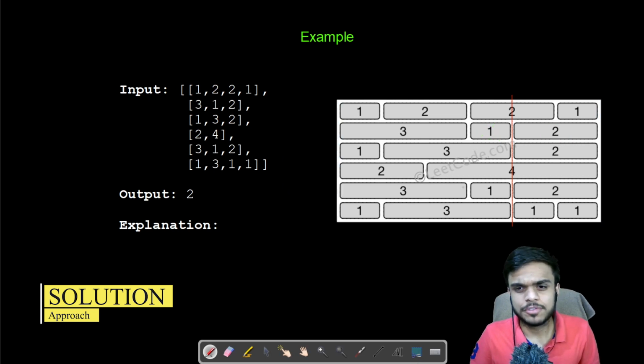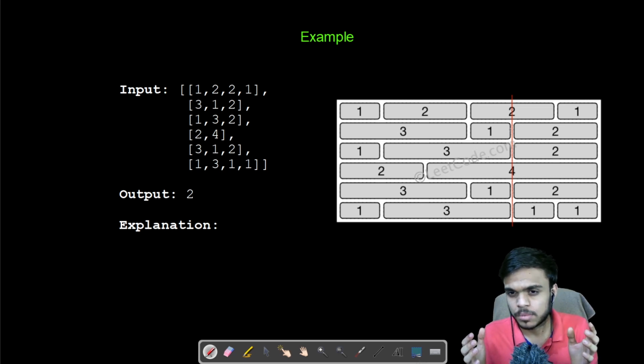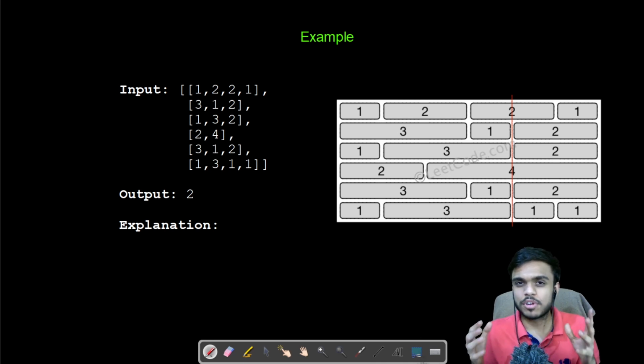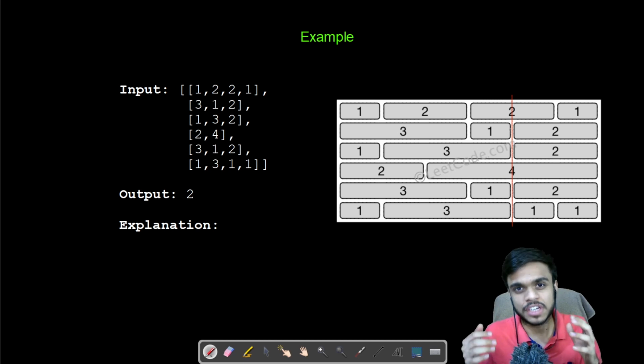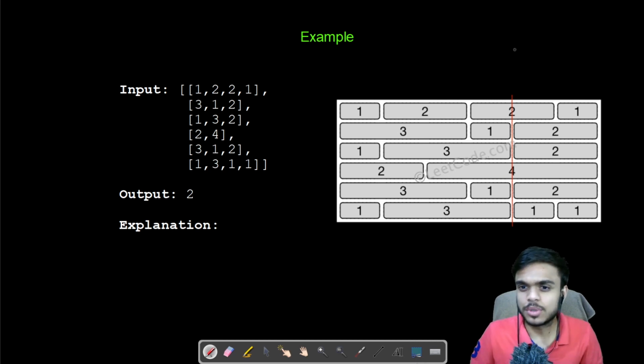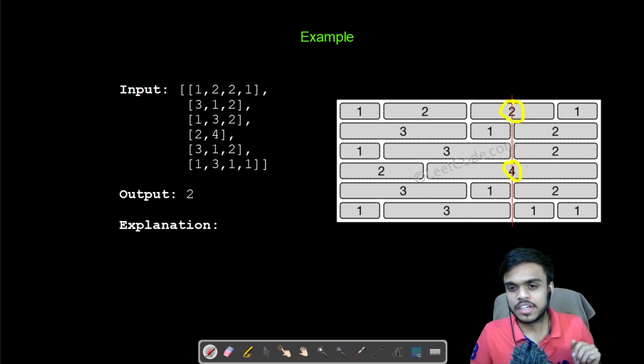If we take a look closely, for any particular line our main aim is to minimize the number of crossings, right? So the minimum number of crossings would be the same as the maximum number of edges that are passing through the line. Because if you take a look at this line, here we have two crossings, on the brick of length 2 and on the brick of length 4.